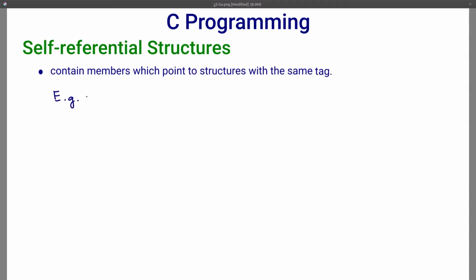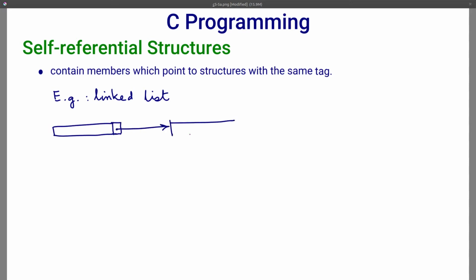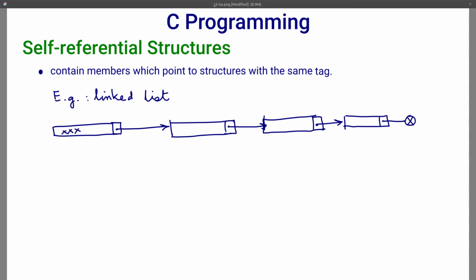Self-referential structures contain members which are pointers to structures with the same tag. For example, consider the linked list. Here, structures are linked together in a list. The linking is done by a pointer which points to the next structure in the list. The structure in the list may look like